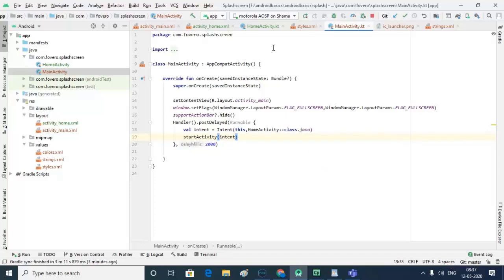Now run our application. Meanwhile our application is running, I am explaining what the requirement of a splash screen is and why most applications use this splash screen. A splash screen gives a pause to a user when we are doing something in the background.